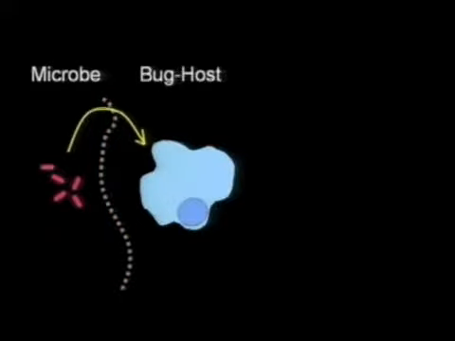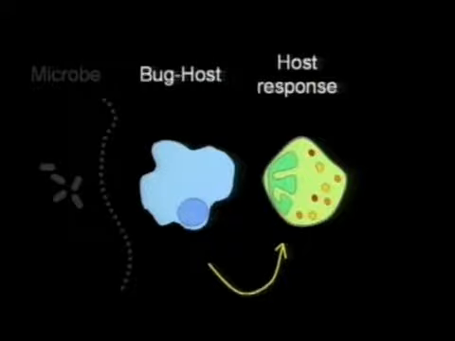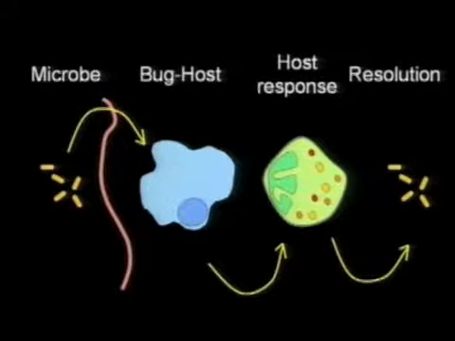We have a very simple concept of infections in the lab. We work mostly with acute infections, and for us, in infections, first there is a microbe, then there is a barrier, and the barrier has to be broken by the microbe in order to start disease. Then it's very important that the microbe instructs the host cell what to do in order to produce pathogenesis. There is the initiation of inflammation, which is the most primordial innate immune response, and then in the vast majority of infections, there is resolution of the infection, meaning the microbe is destroyed. So this is our four easy steps to infection view of biology.